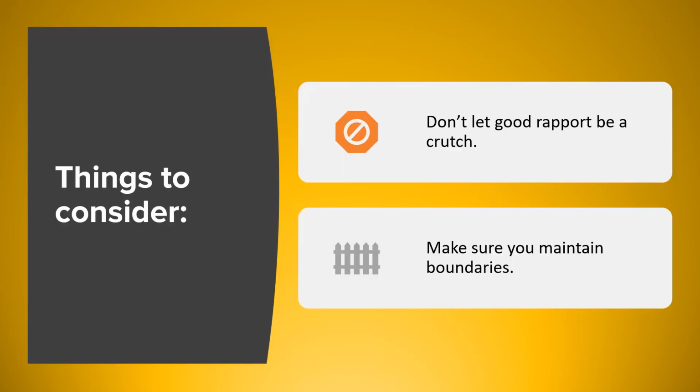So there are some issues that you will need to be aware of during this process, and these are things to consider. Firstly, be wary of allowing this positive rapport with your learners to become a crutch. This can come in the form of a lack of preparation or attention in class. This can also come from the learner's side as well, treating the learning experience as a secondary concern to having a positive experience in general.